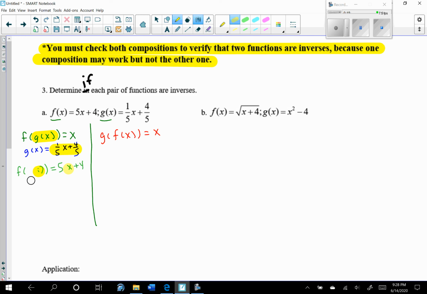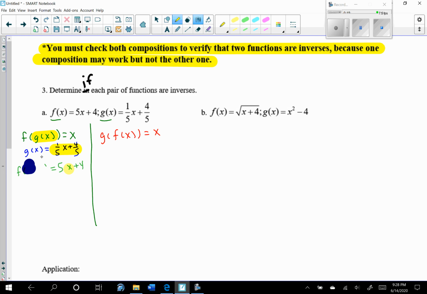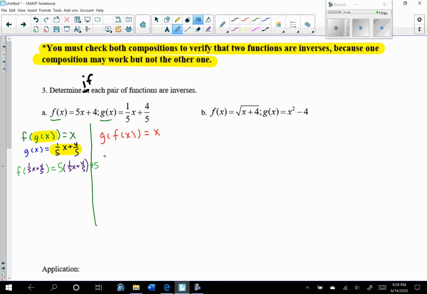So I'm going to erase this right here, and I'm doing 1/5 x plus 4/5. So now I plug that in everywhere I have an x, so right here. I'll run out of room here. So 1/5 x plus 4/5. And then there was that plus 5 that I had to erase to have more room. And now I want to solve this. So 5 times 1/5. Remember, this is really 5 over 1. That just is 1x. 5 times 4/5 would be 20 over 5, which is just